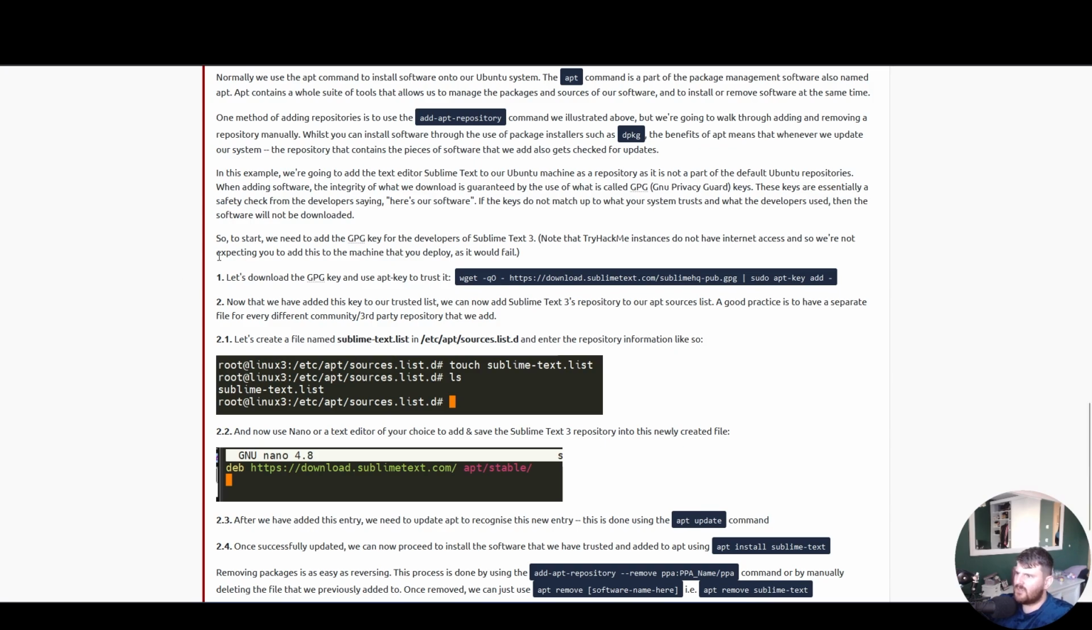Let's download the GPG key and use apt-key to trust it. We use the wget tool, which we used already, and then we see two flags, -qO, and then the download of the package. And we use sudo apt-key add. Now that we have added this key to our trusted list, we can now add the Sublime Text 3 repository to our apt